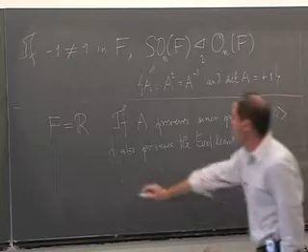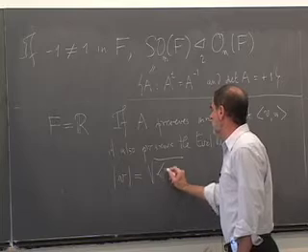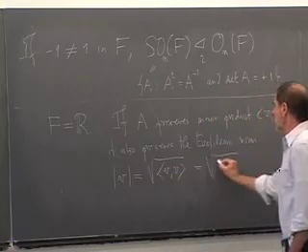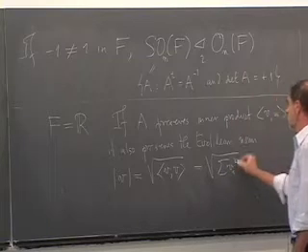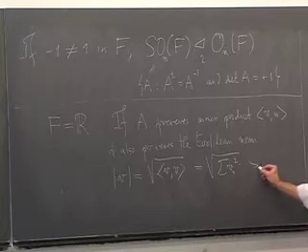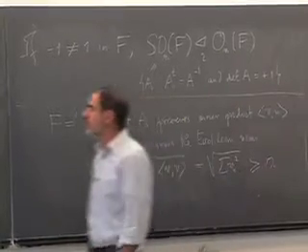The Euclidean norm of a vector v is defined as the positive square root of the inner product of v with v, which is the square root of the sum of the v_i squared, the Euclidean distance from the origin. And this is always greater than or equal to 0,